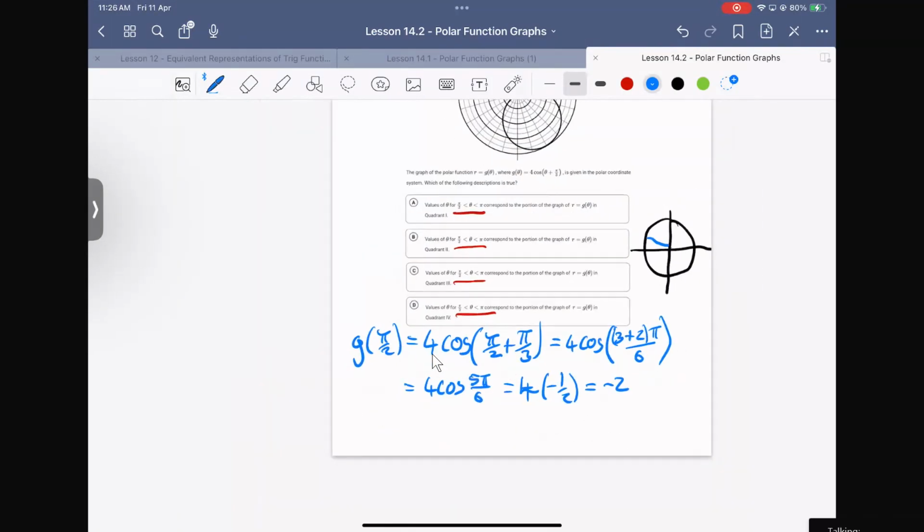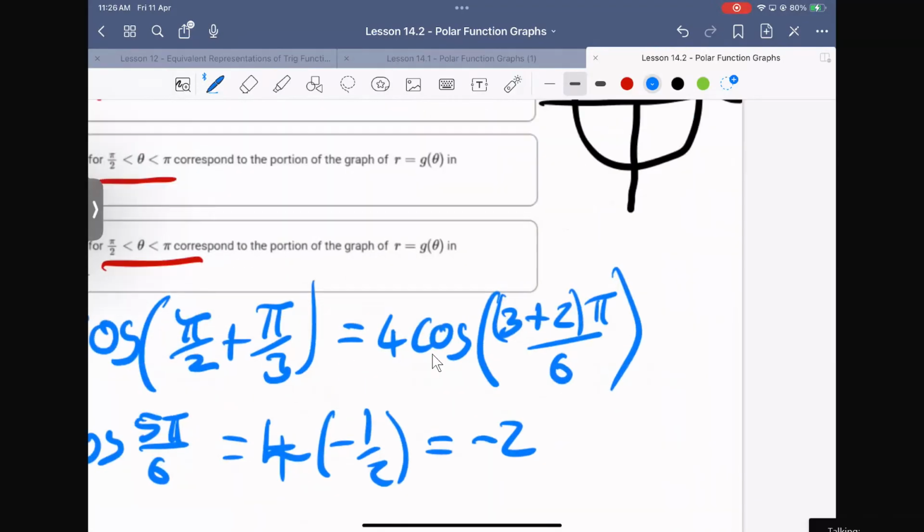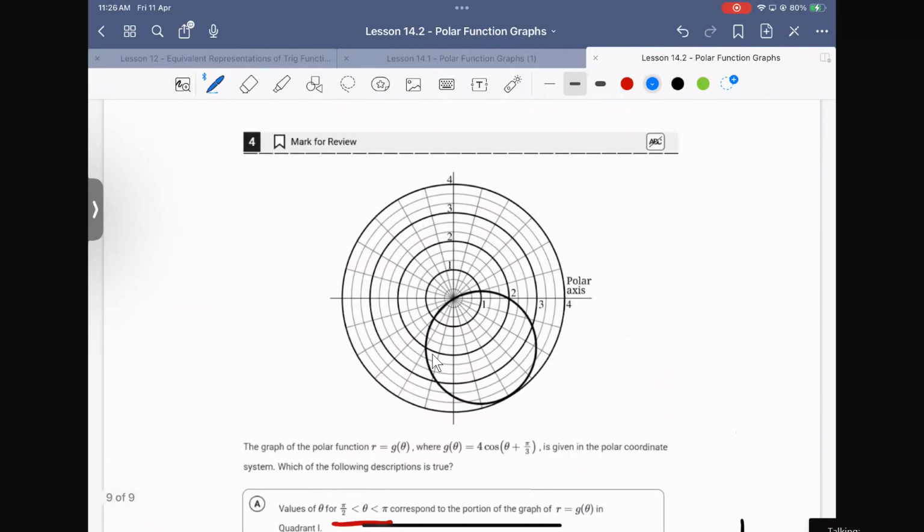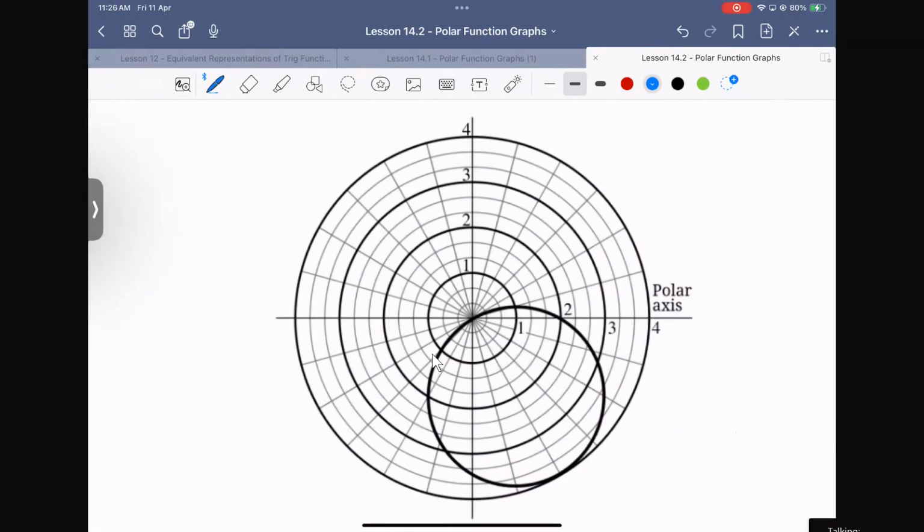So plotting that point now, that gives us the polar coordinate minus 2 comma 5 pi over 6. So 5 pi over 6 is this direction. And we want it to be minus,